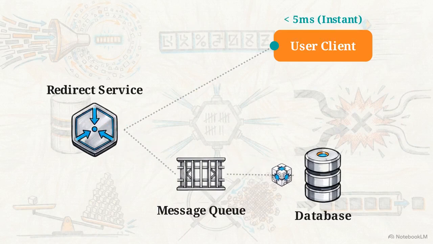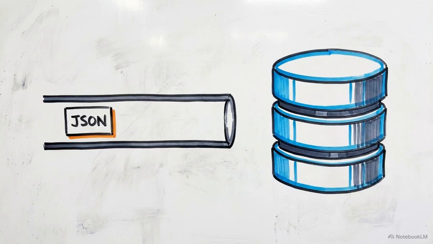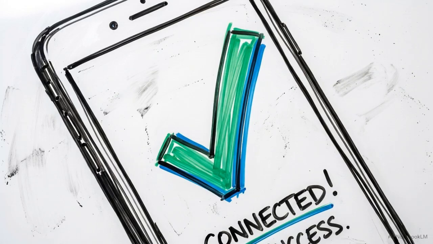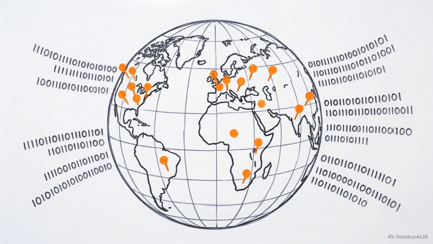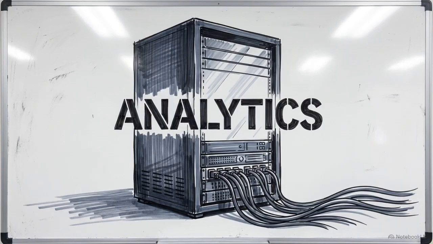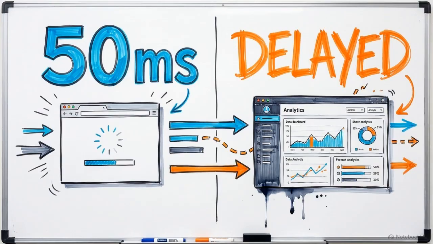You insert a message queue, like Kafka, directly into the flow. Now, the redirect service simply fires a lightweight JSON event into the queue. The moment the message is accepted, the service terminates its involvement and immediately executes the fast path redirect for the user. On the consumer side of the queue, background worker nodes pull the batched events. They process the heavy compute tasks, like translating IP addresses into geographic locations, and then write the enriched data to a separate, analytics-optimized database. The architecture accepts eventual consistency on the analytics dashboard to prioritize low latency on the critical